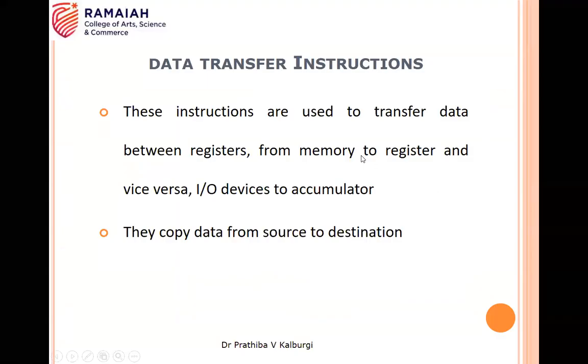Fine. And then you have your input output devices versus your accumulator. So what you're doing is you're going to transfer the data from your source to your destination. So the name itself will specify data transfer. That means you're going to transfer your data from your source to your destination. So such type of instructions are grouped under your data transfer instructions.